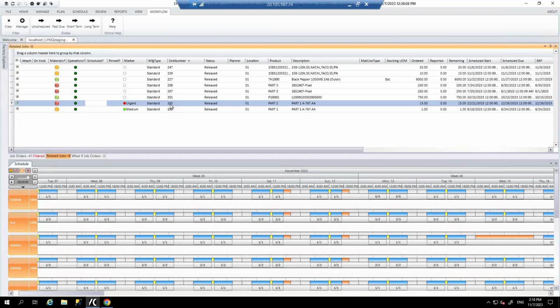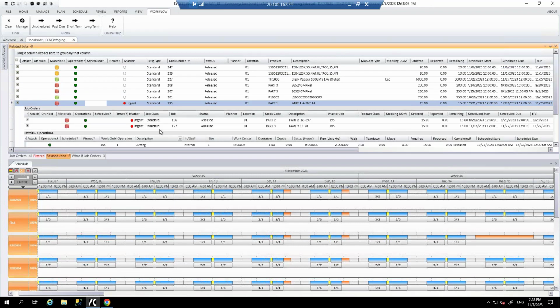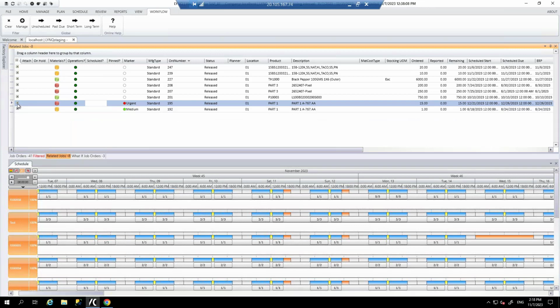So if you look at this example, 195, if I open 195 up, you'll see we've got 196 and 197, which are the sub orders related to 195. So I can take this, schedule it forwards or backwards, automatically onto the planning board, and it'll schedule all the related production orders in sequence on the planning board as well. So it keeps the hierarchy aligned and visible on the graphical planning board below.